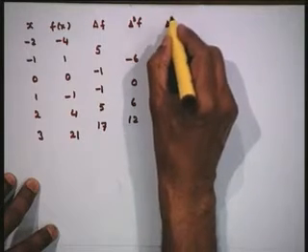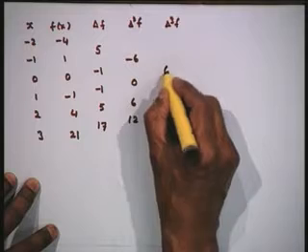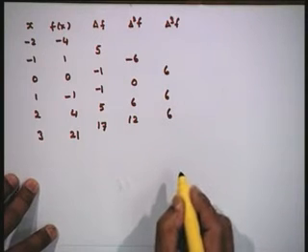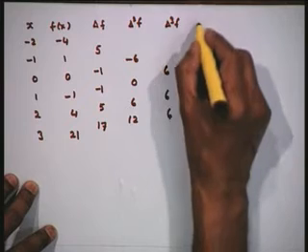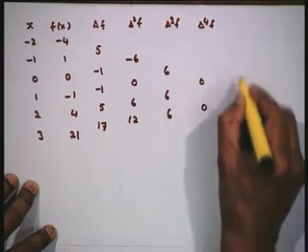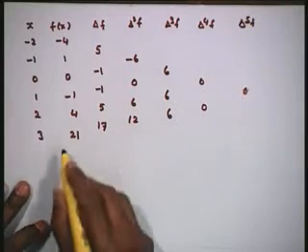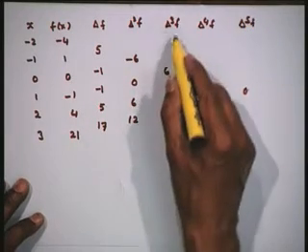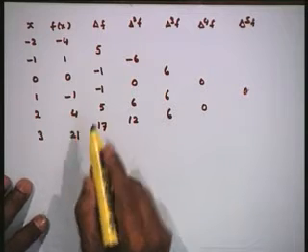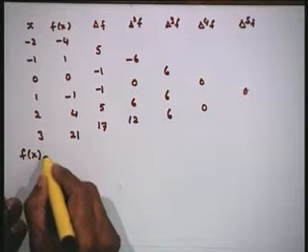Let us go to third difference. 0 minus 6, that is minus 6, this is 6, 12 minus 6, 6. Now, you can see all the other differences are going to be 0, even though we have a bigger data. Therefore, delta cubed is non-zero, so it will approximate only a cubic polynomial. So, let us write down our formula.